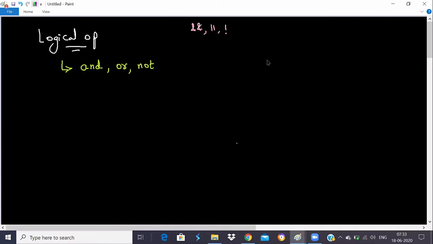So Python says that I will not make you confused with these operators. We'll make it with English-like phrases called and, or, and not. So please remember, we don't find the double ampersand, double pipe, and not symbols. Generally people from different language backgrounds get confused with these operators. I hope there is no confusion now.